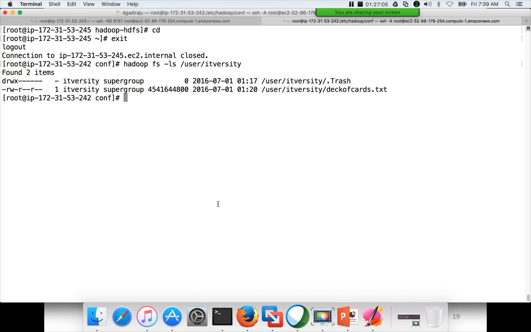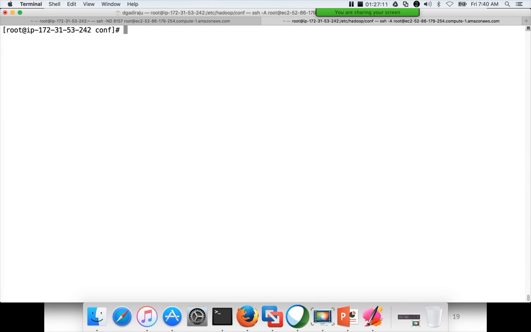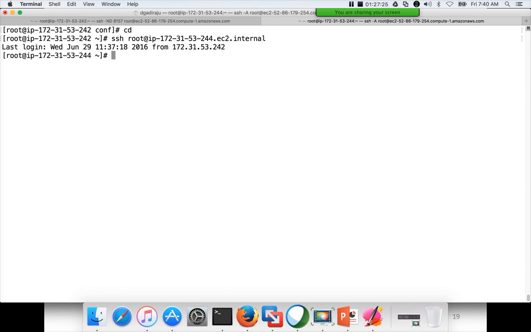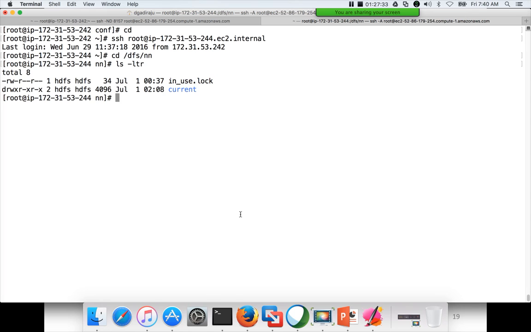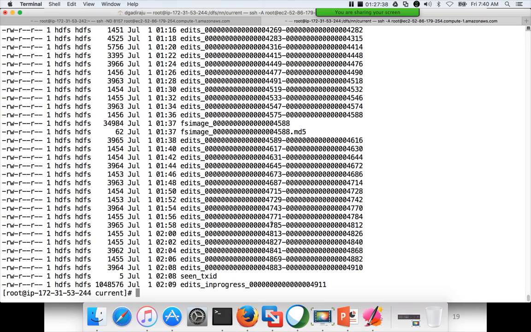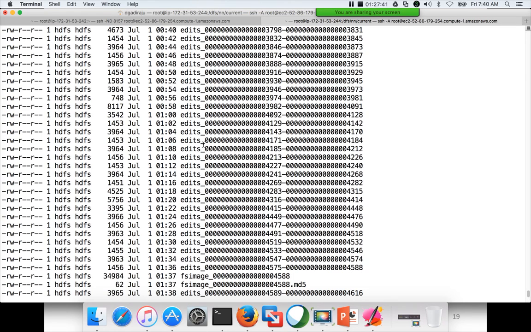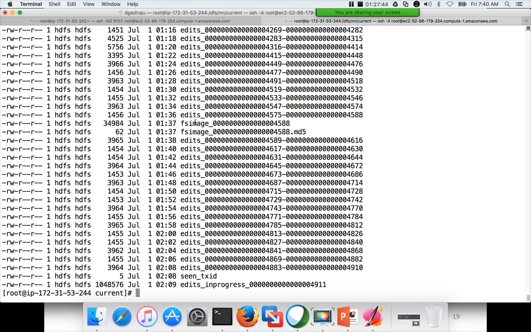If you log into the name node, I am logging into the name node, and if we go to this location dfs/nn and run ls -ltr, there is a directory called current, and here you can see that most of the files start with edits, and then a couple of files with fsimage, okay.